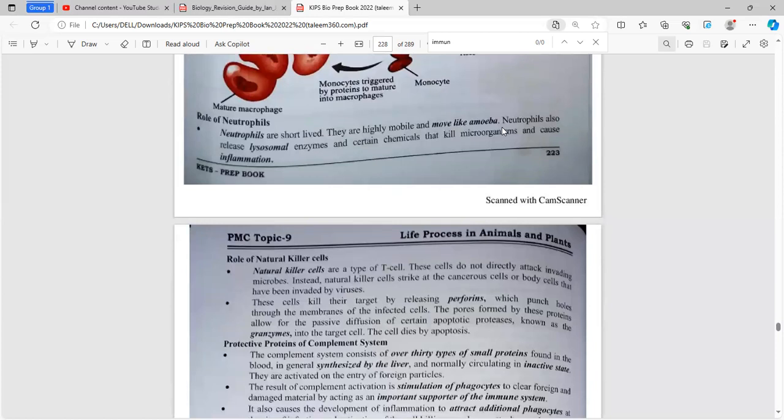Now, neutrophils, as we talked previously as well, have pseudopods which have amoeboid movement and they kill the microorganism by releasing enzymes. The enzymes which are released are basically elastases and lysosomes, etc. Now, natural killer cells are a type of T helper cells. What they do is make holes in the bacteria or the pathogen, and through them they release perforins, which are toxic to them. So this is how the microorganism undergoes apoptosis.